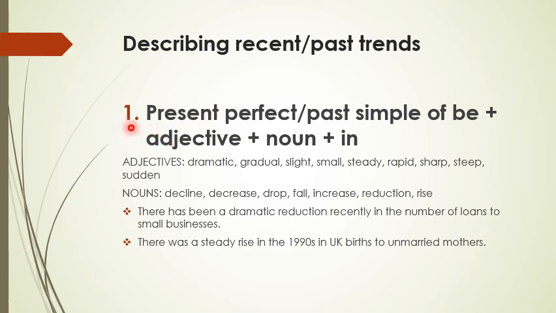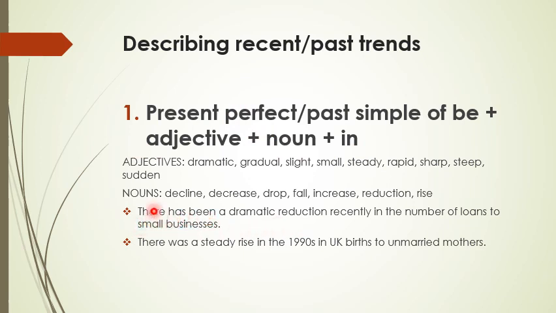The first standard structure is using a present perfect or past simple plus adjective plus noun plus in. The structure appears to be a bit complicated, but when we project it on a sentence, we will find it super easy. For example,